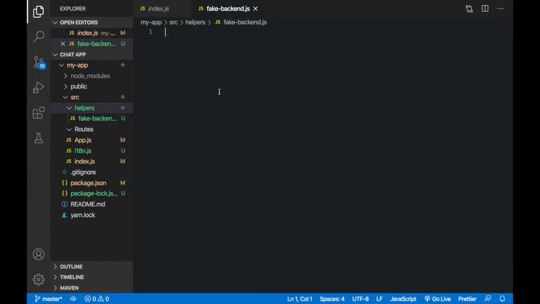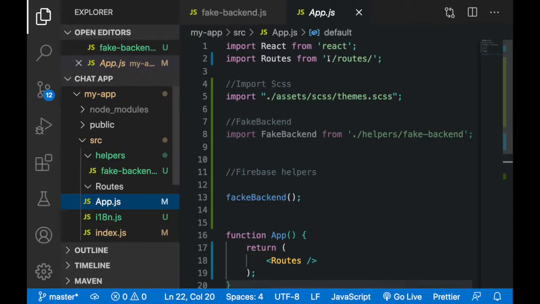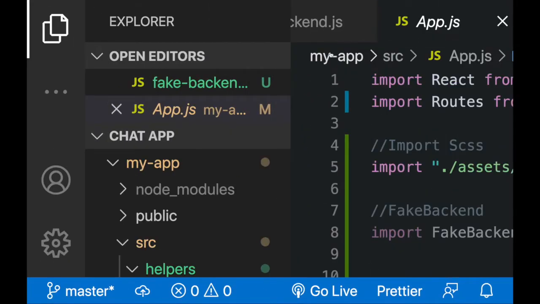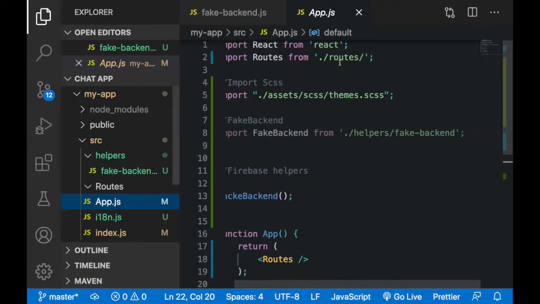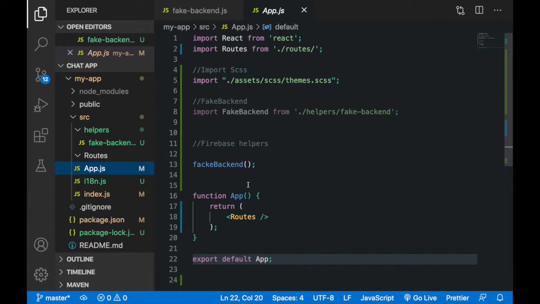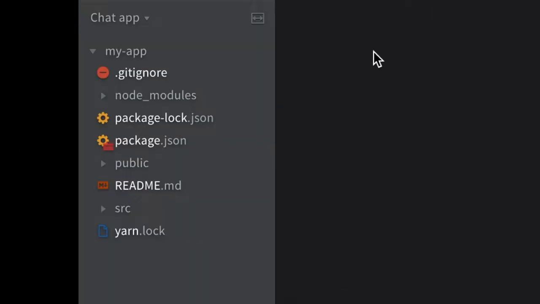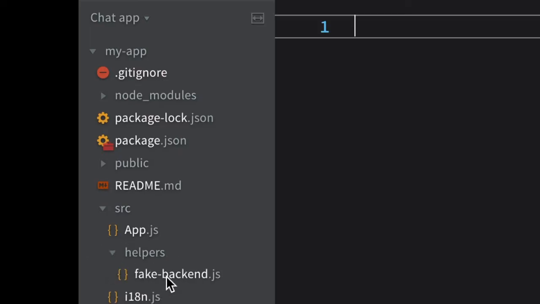When I zoom in, I have to scroll left and right, and that is really cumbersome for me. So I am just using this new code editor, Brackets. So this is my chat app. Inside my app there is a public folder and a source folder. Inside source I have just now created this helper folder and this fakeBackend.js.